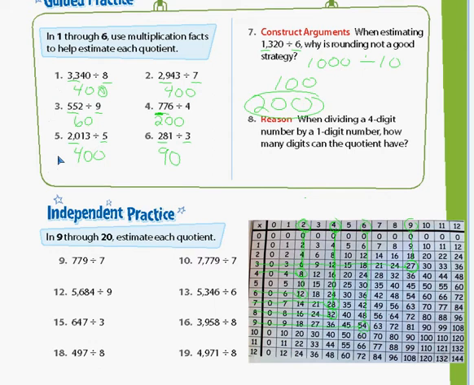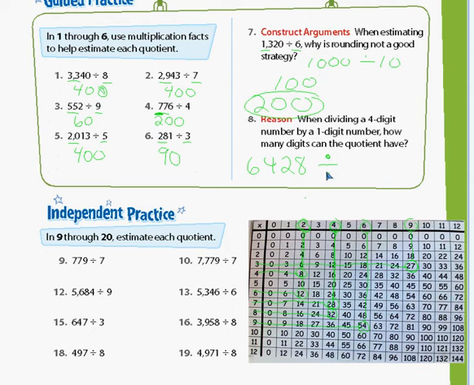Say, for instance, if I had a smaller divisor, and I had a 4-digit number. Say, like if I'm doing 6,428, I'm going to divide it by